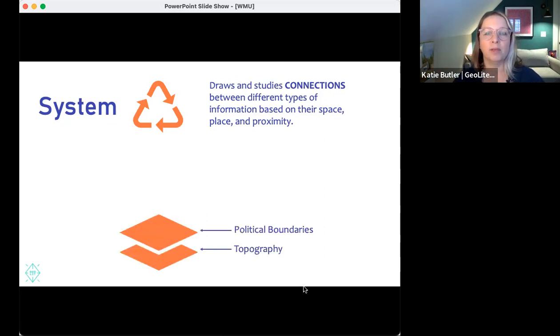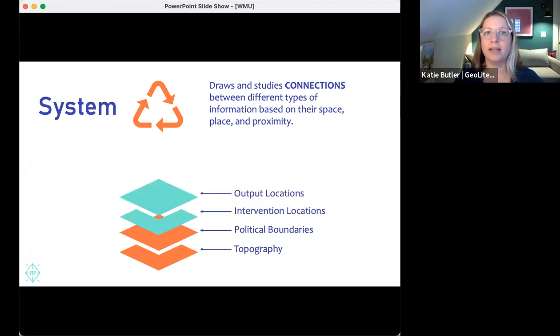So we might start with a really basic layer, like what's the topography? What are the hills? Where are the lakes and the valleys and the creeks? We might add another layer that's political boundaries, county boundaries, state boundaries, national boundaries, city limits. That might be something of interest to us. And then we're going to add a couple of other layers on top of that. Maybe we'll start, this is where you're going to start seeing your evaluation terms. We'll start looking at where our interventions are located, pinpointing on the map where our education program lives, where our stream restoration or our stream cleanup program lives.